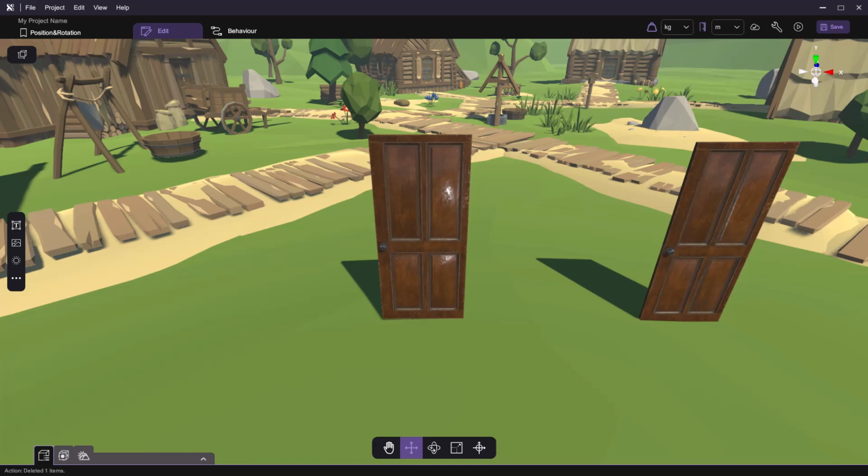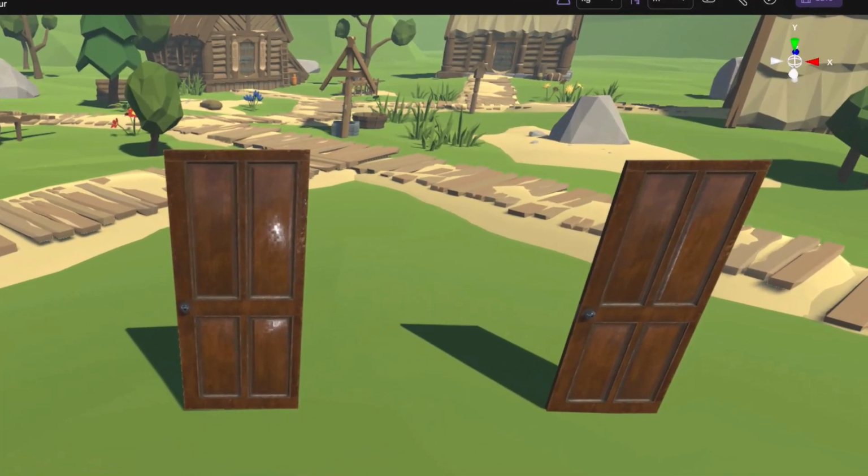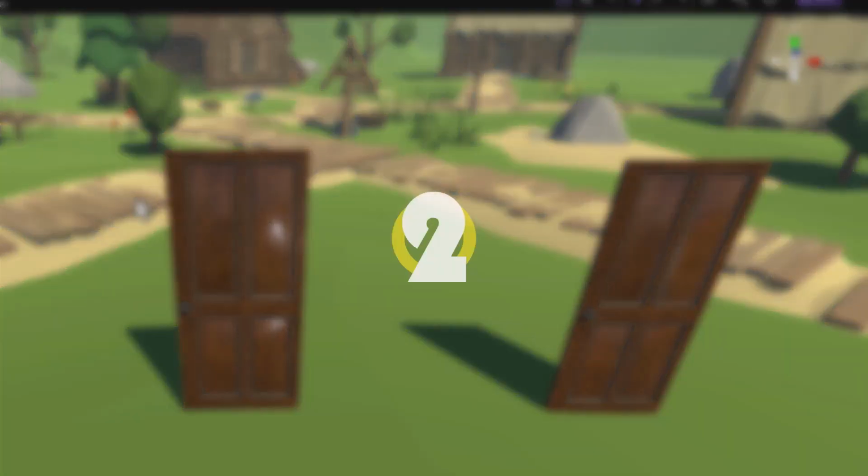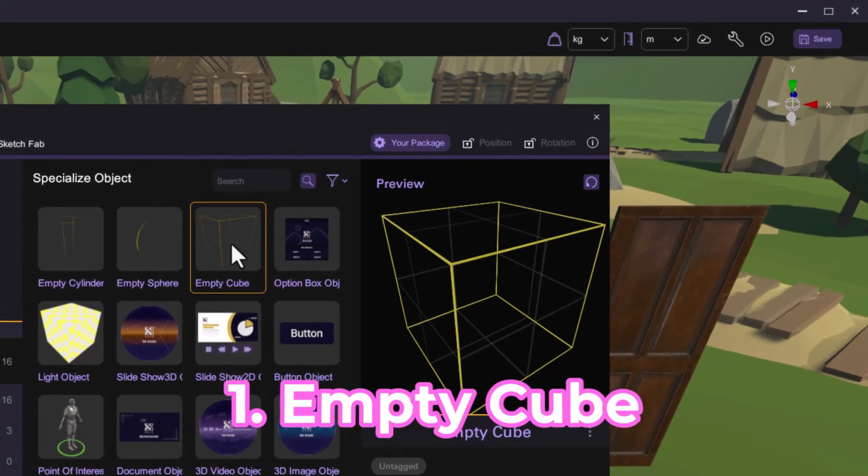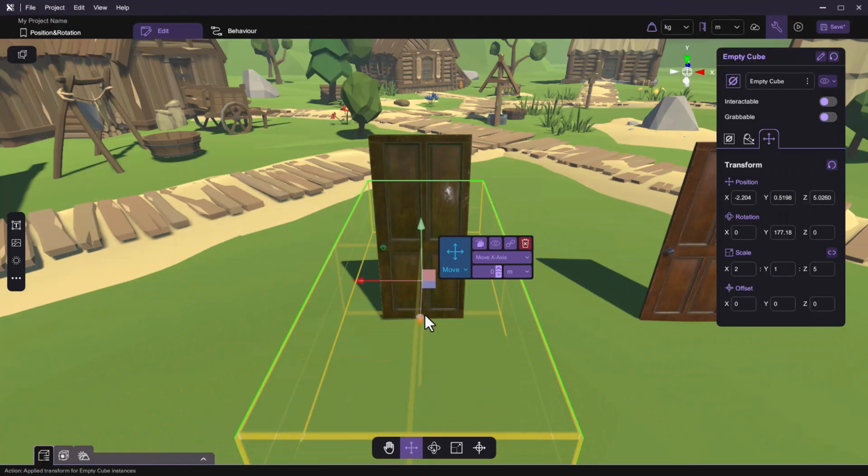Open the project file. You should see two doors in your scene. Our goal is to make the doors automatically open when the player looks at them from a specific area. We'll achieve this using two different methods. The first method uses an invisible cube to define the interaction area. This is visually intuitive and allows for a more flexible interaction range than other methods. However, the interaction area will be essentially rectangular.